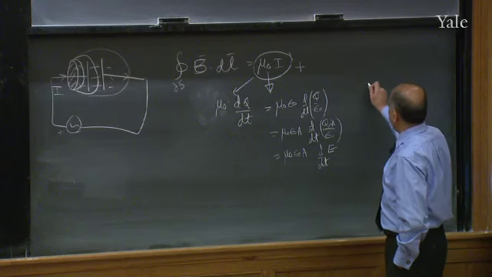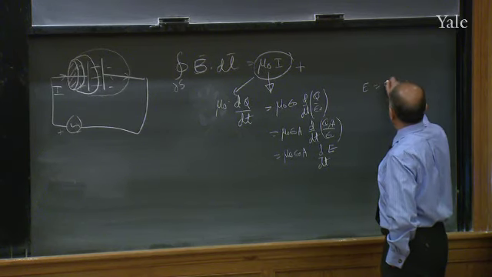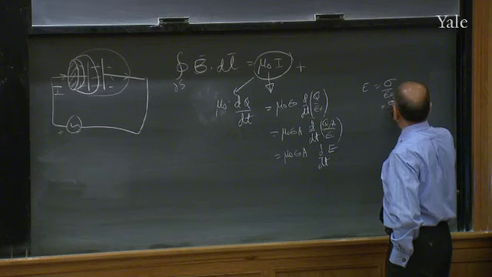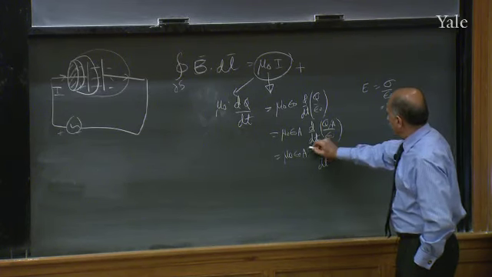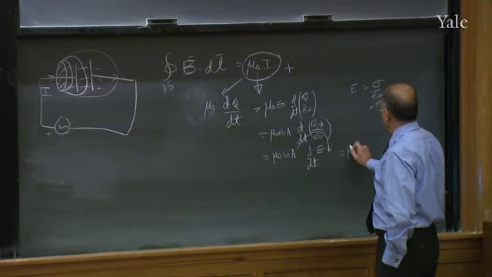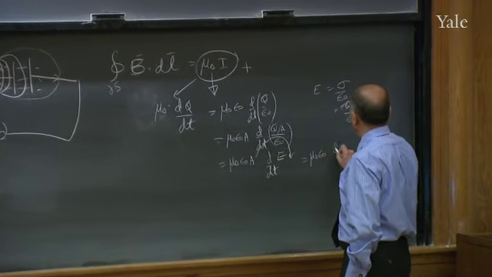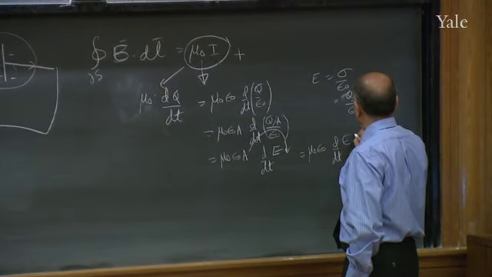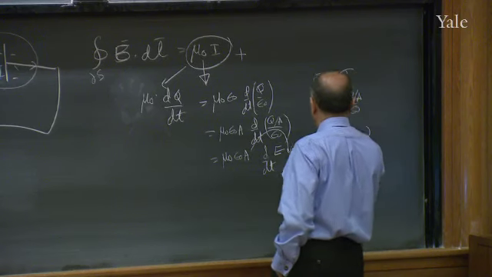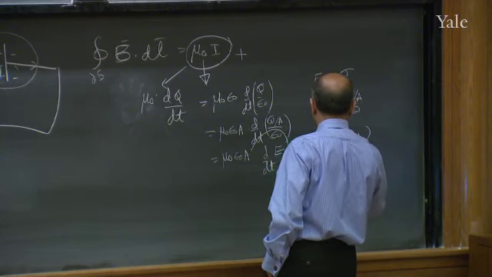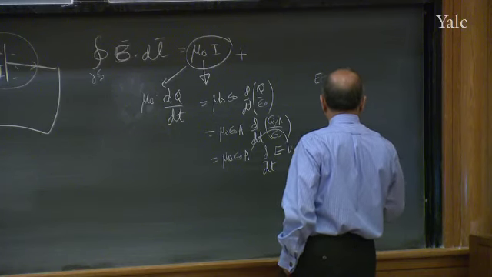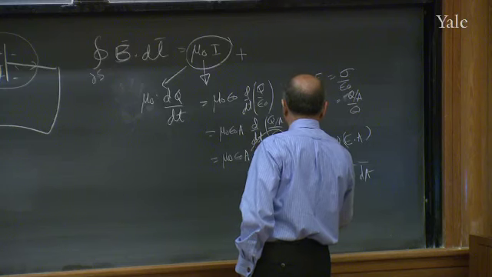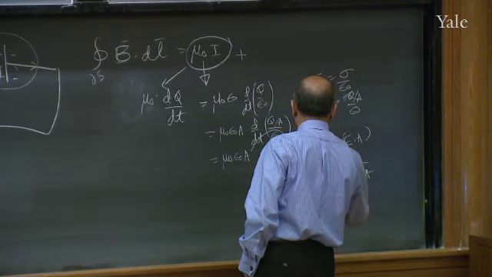Why is that? Because electric field is sigma over epsilon 0, and sigma is just q over a. Now bring that a in here, and you get mu 0 epsilon 0 d by dt of electric field times a. But that we can write as mu 0 epsilon 0, the surface integral of the electric field over the surface, and that's what we call mu 0 epsilon 0 electric flux